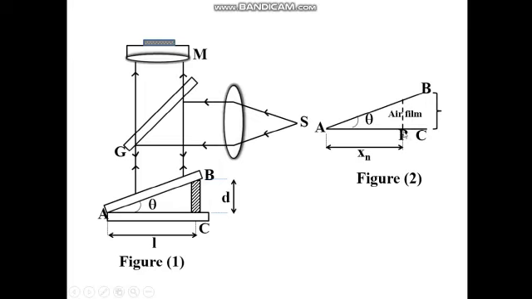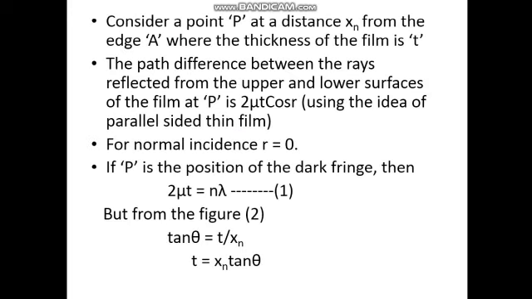Consider a point P which is at a distance xn from the edge A, where the thickness of the film is t. The path difference between the rays reflected from the top and bottom surface of the film at P is 2 mu t cos r. For normal incidence, r is equal to 0. If P is the position of the dark fringe, then 2 mu t is equal to n lambda. (equation 1)